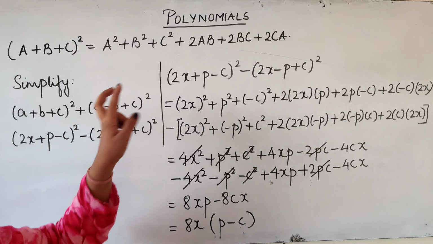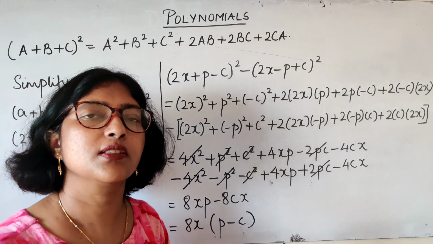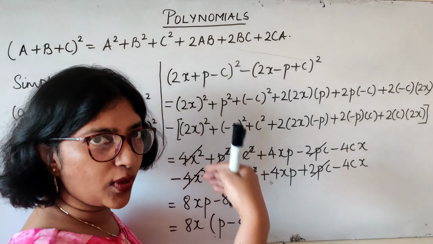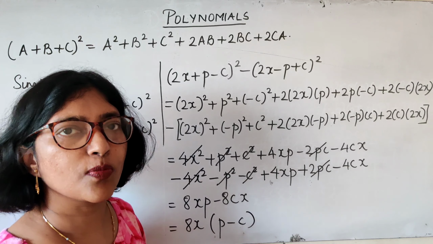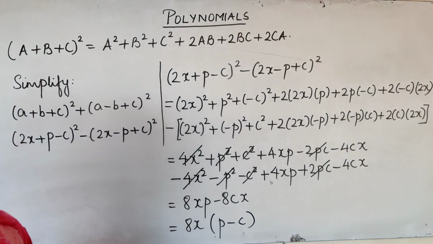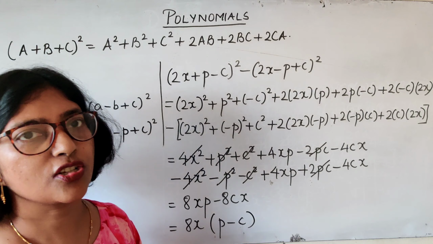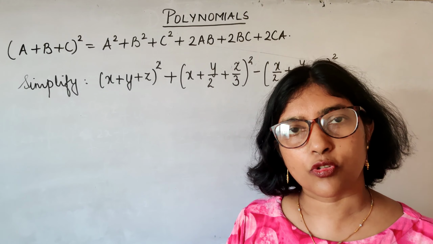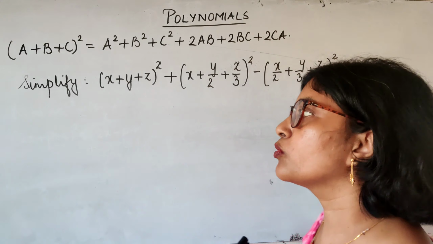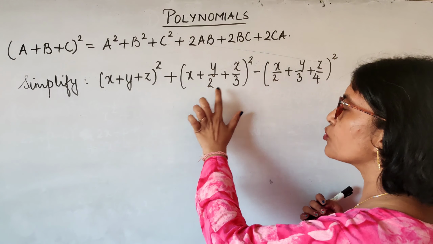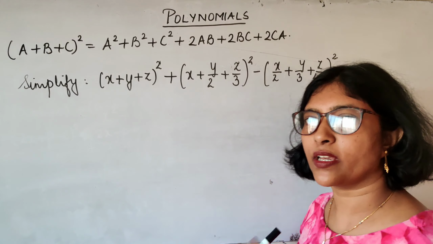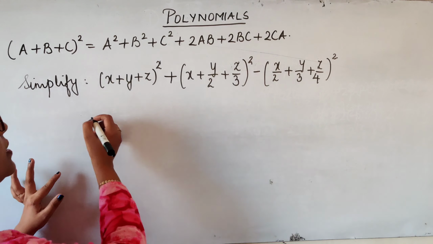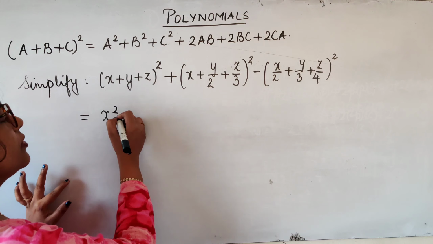So whenever we have 3 terms, we will use a plus b plus c whole square identity, expanded, preferably write one below the other so that the simplification becomes easy. Okay, now let's go to the next question with the same identities. So we are going with a similar question. The only thing is, now instead of having 2 terms, we have 3 terms. We'll apply the same identity, a plus b plus c whole square. So applying the identity, we have